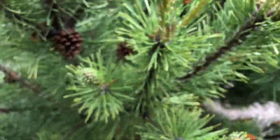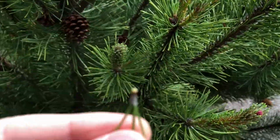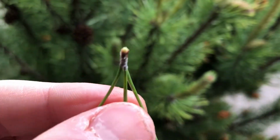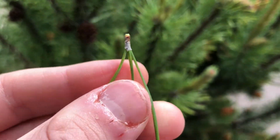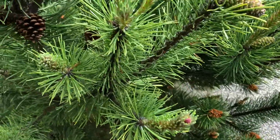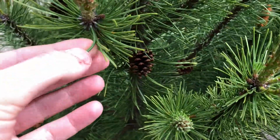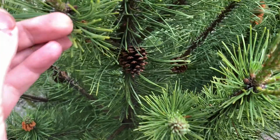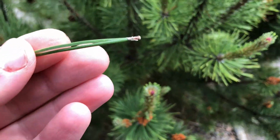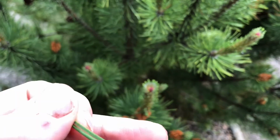If I take it off, oh well, three seem to be attached to that one. Okay, bad example. Let's try another one. That's a bit more typical. I don't know why we had three stuck together there, but the idea is that